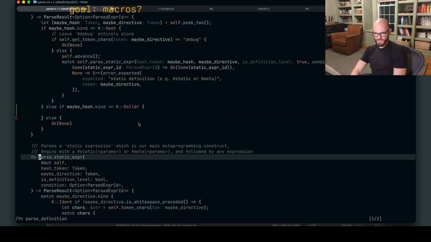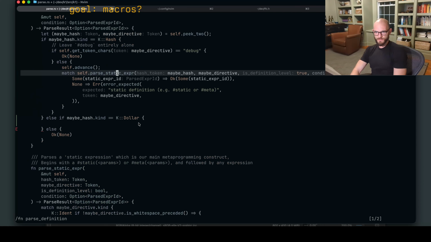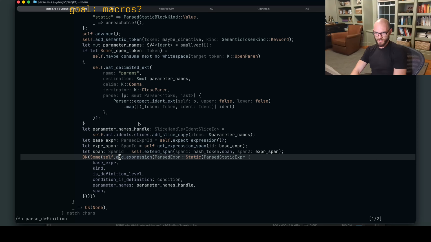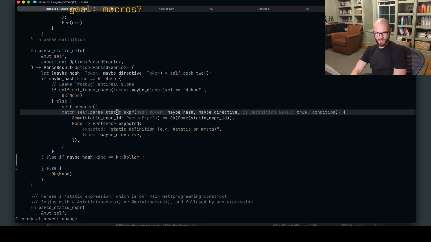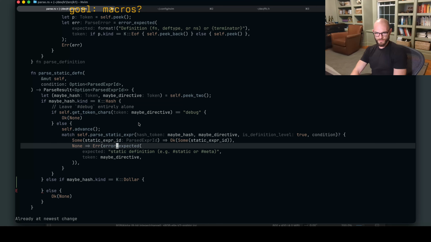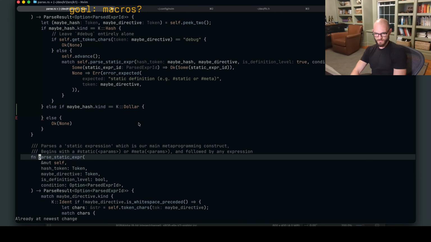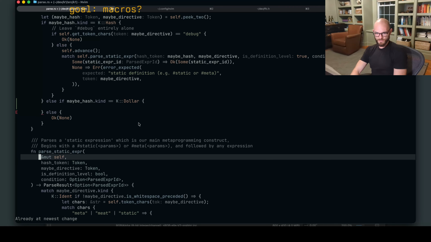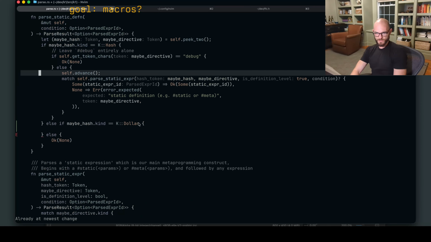We advance past the hash, but if we advance past the hash and then we return none, then we're going to be at the debug, and nothing is going to pick that up. So I don't think this thing makes sense to even still return an option.